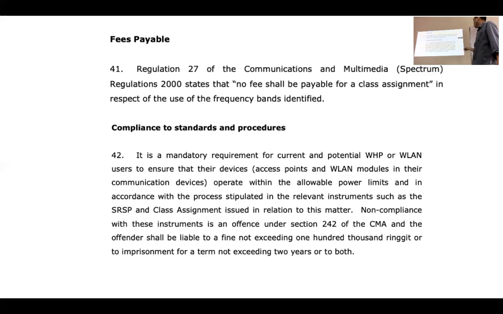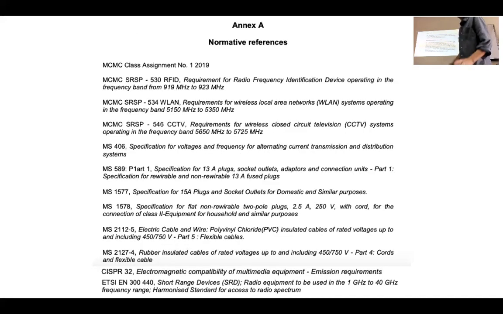If non-compliant under section 242, you get fined not exceeding 100,000 or imprisonment not exceeding 2 years or both. Both is usually when you repeat, keep making the same mistake. Okay. Sometimes they bring a device that can send signal everywhere, can support many people, but the device is not approved by us. I mean, not approved by SMC.